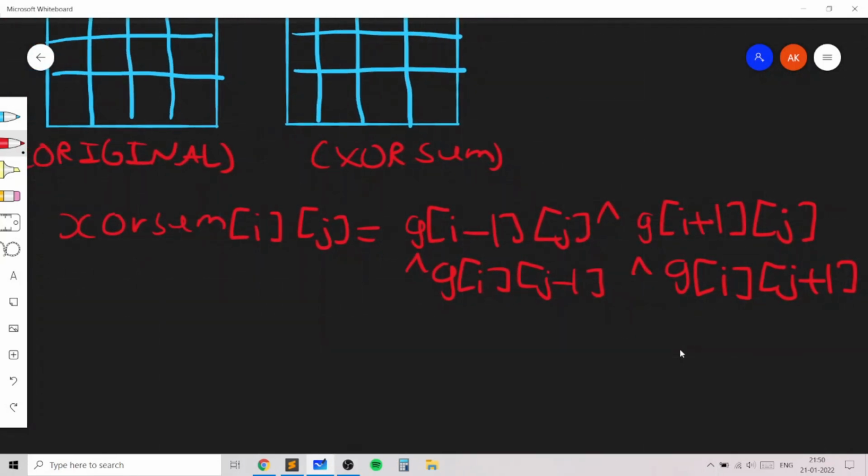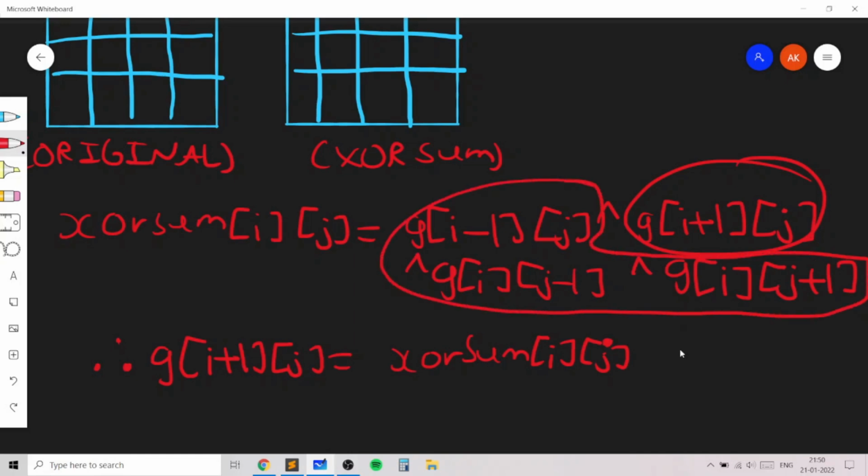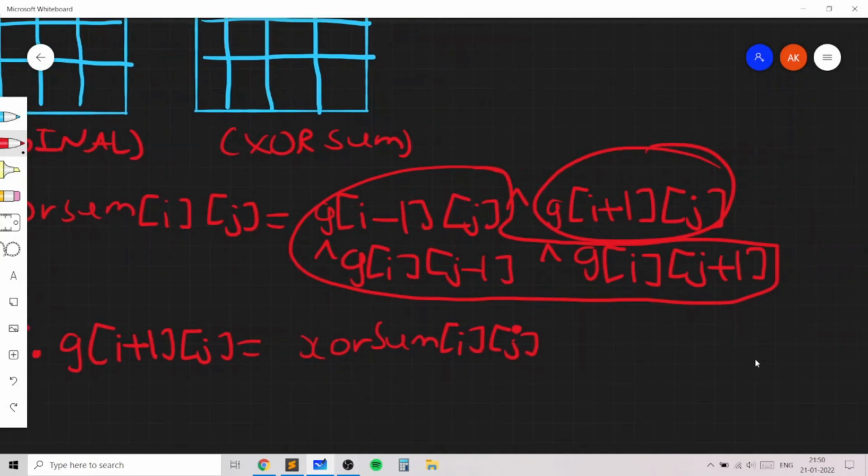will actually be equal to, so if you want to find the value of a particular element, so let's say you want to find g of I plus 1 j, then the key idea is that g of I plus 1 j is equal to, if you take the XOR sum on both sides, so if you XOR both sides with the remaining elements, so let's just basically isolate this element. Let's isolate this element, and the remaining three elements will get XOR summed. So we take the XOR sum of the remaining three elements on both sides, and since you know that